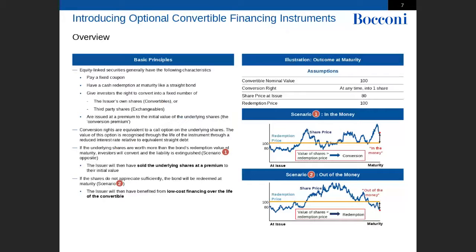Coming back for a second to those graphs, I remember that I told you that in equity, when you issue shares, it is always at a discount: to peers in an IPO, to market in an accelerated book building offering, to TERP when you have a rights issue. Here, on the contrary, it looks like the share price is 80 and I will issue shares at 100. Do you think that is an anomaly? So is the convertible an anomaly to the overall frame of rules in equity, and de facto you issue shares at a premium? It is a question for you.